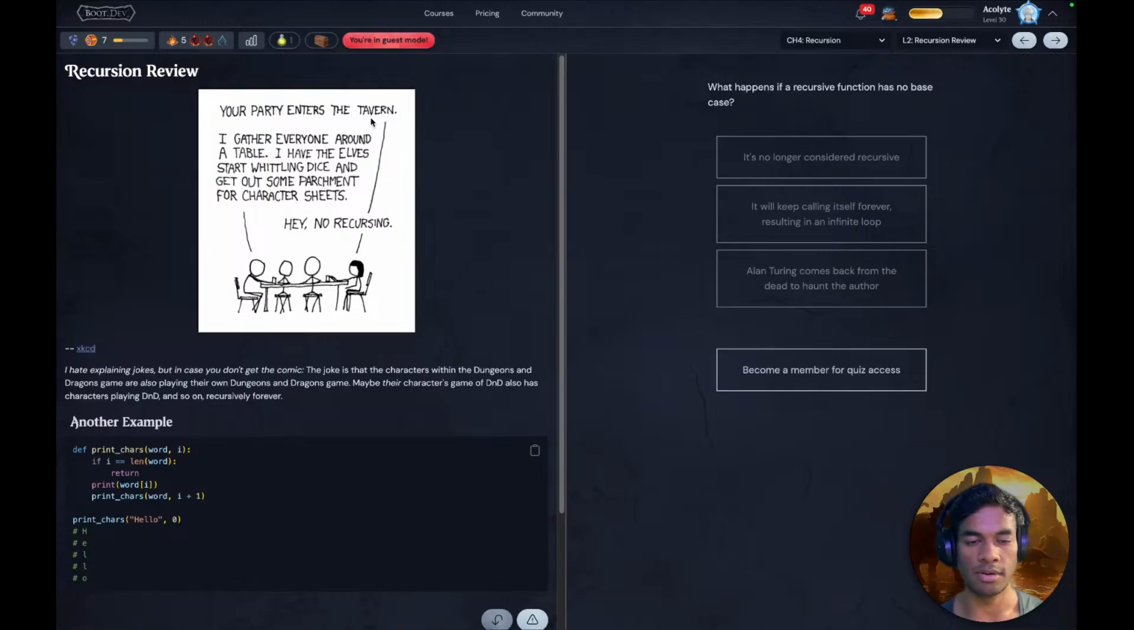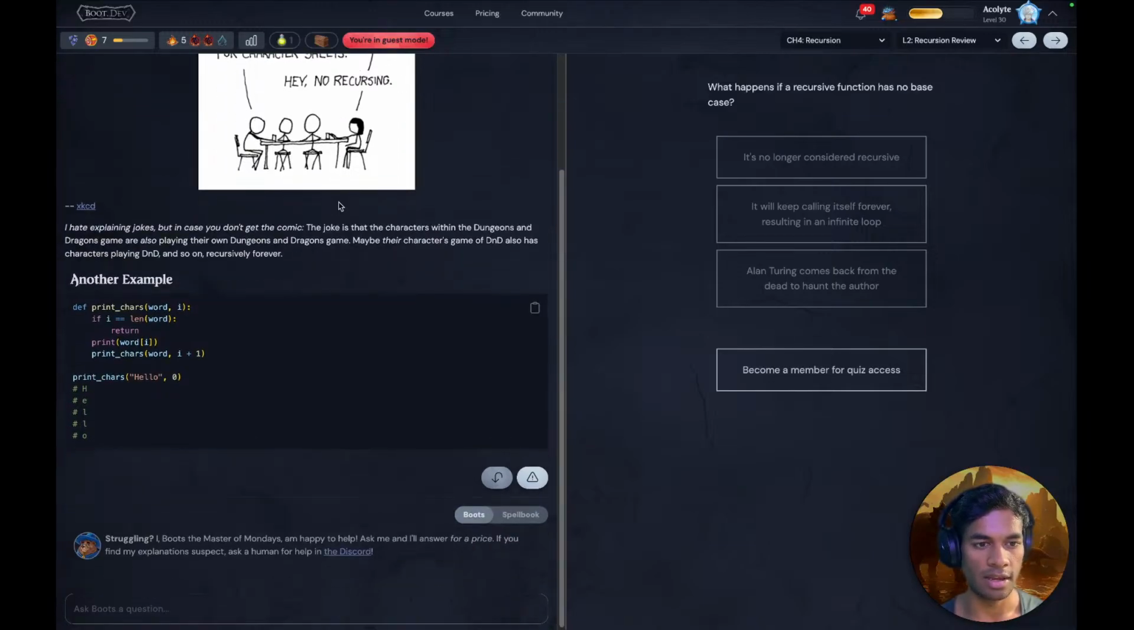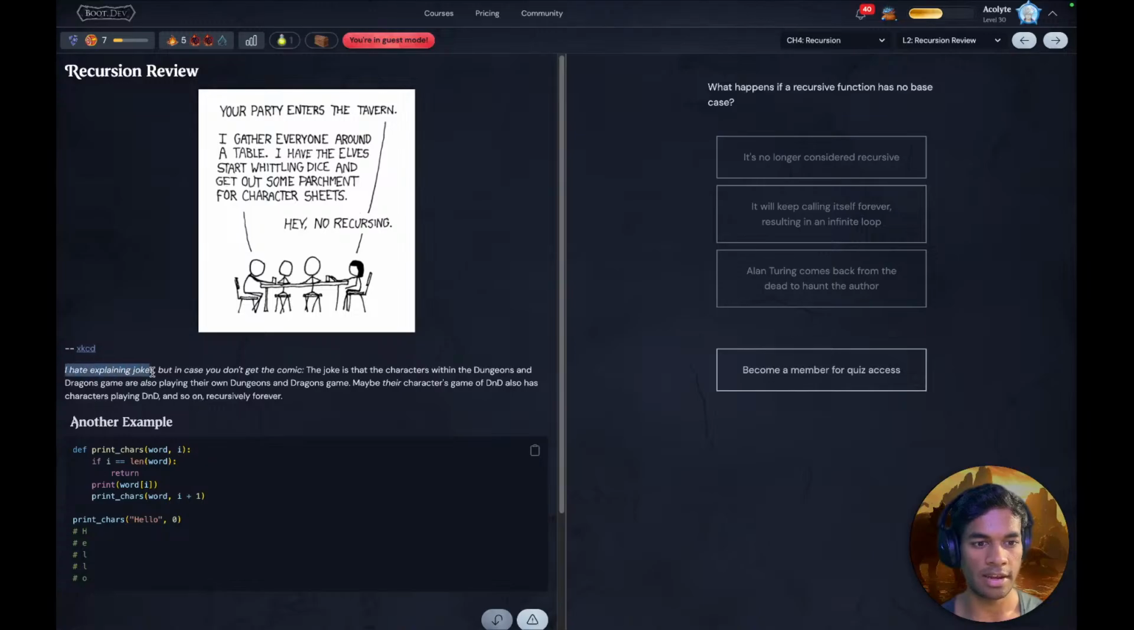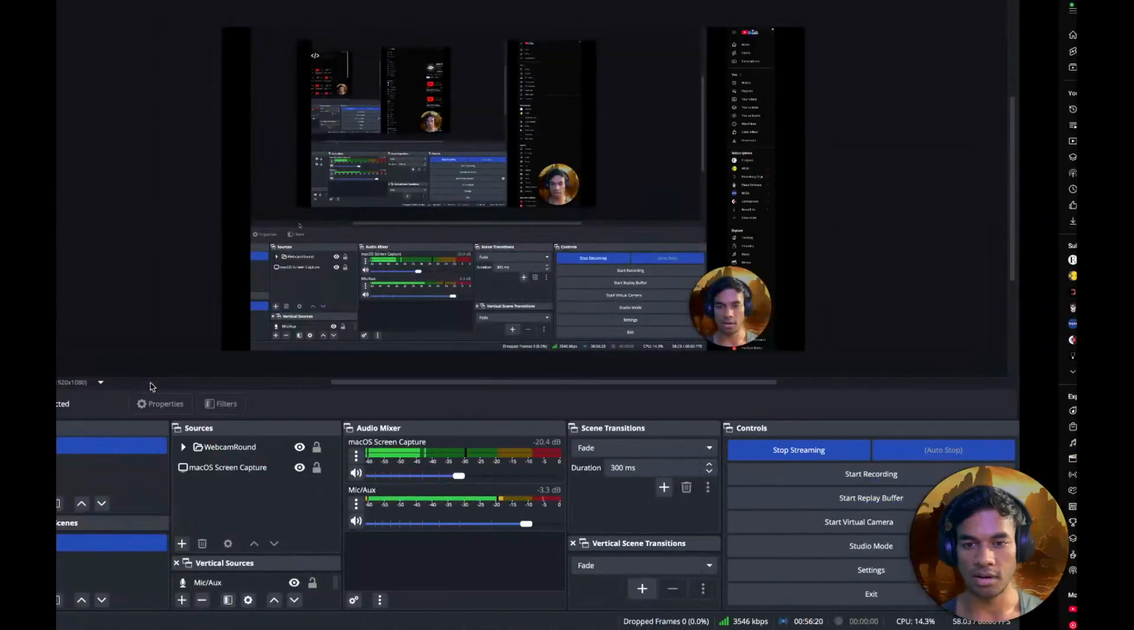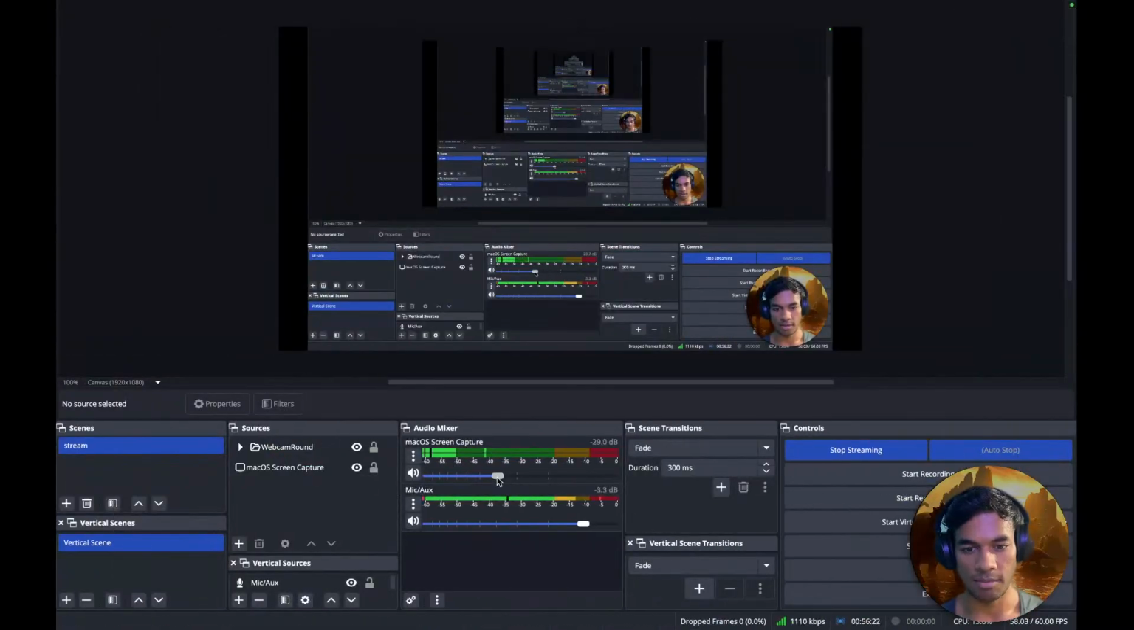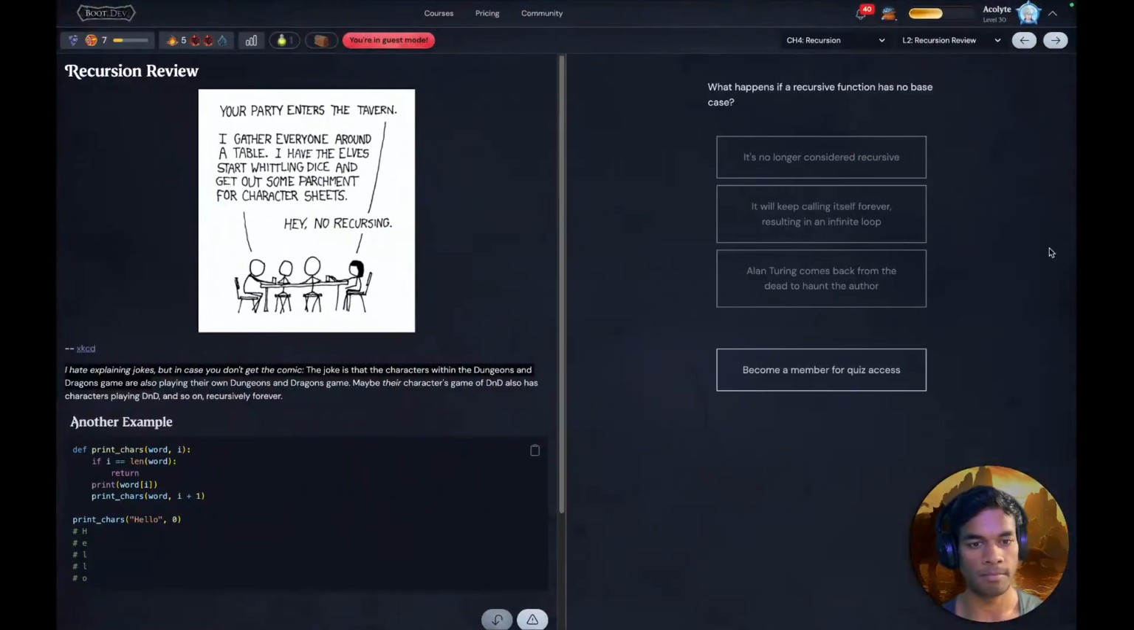Your party enters the tavern. Okay, and this one says, I gather everyone around a table. I have the elves start whittling dice and get out some parchments for character sheets. And I hate explaining jokes, but in case you don't get the comic, the joke is that the characters within the Dungeons and Dragons games